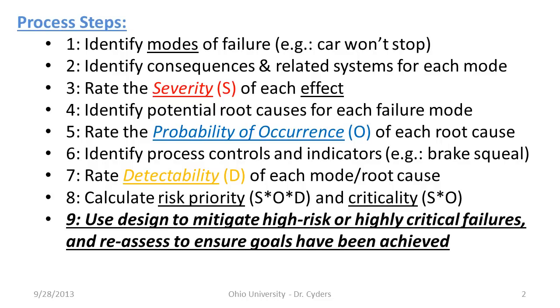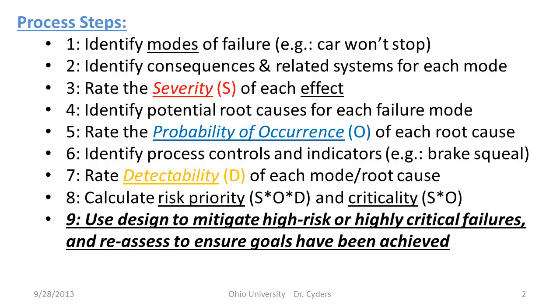So what we want to do is go through this process, steps 1 through 8, for our system. And you may have a bunch of different failure modes, each of which has a bunch of different effects and a bunch of different possible root causes. So this process can do a very good job of cataloging a very wide number of failure modes and effects. But the whole point of this exercise, steps 1 through 8, is completely pointless unless you do step 9. Step 9, we use the design process to mitigate high risk or highly critical failures. We get the risk priority number, we get the criticality number, then we go back to the design process and